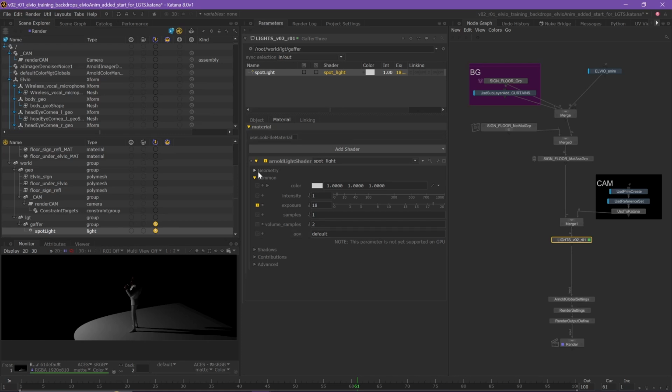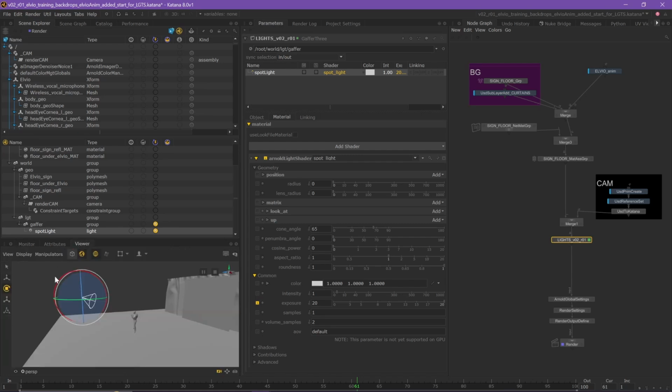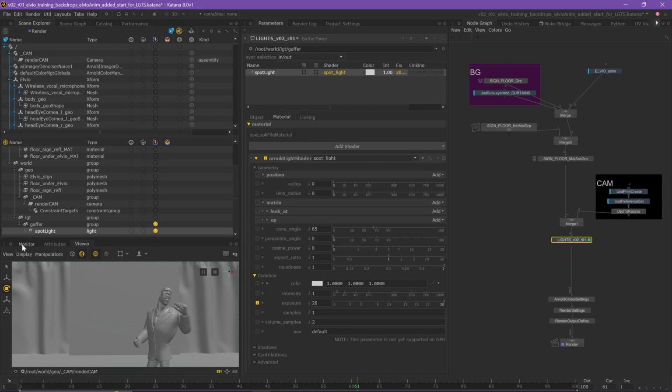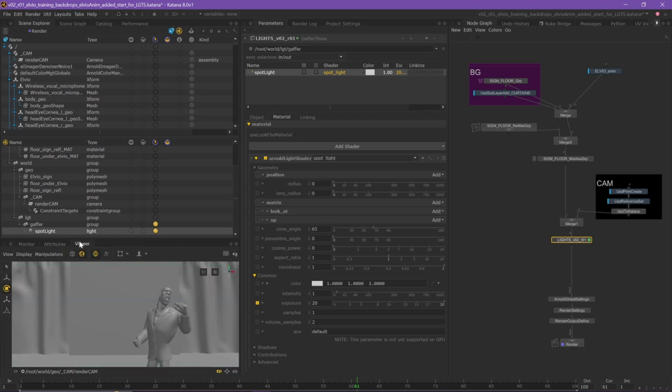So if we go into our geometry, let's look at, I'm going to change the exposure up to 20 just to show for the side view. It's very bright if you look at our viewer. Let's look at our camera, you'll see, oops, monitor, you'll see, it's not too bad at 20, but it's kind of bright. Anyway, in order to see the viewer and the monitor at the same time, which I find a little bit easier to